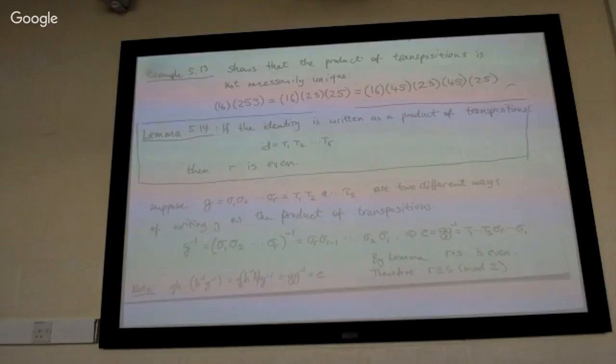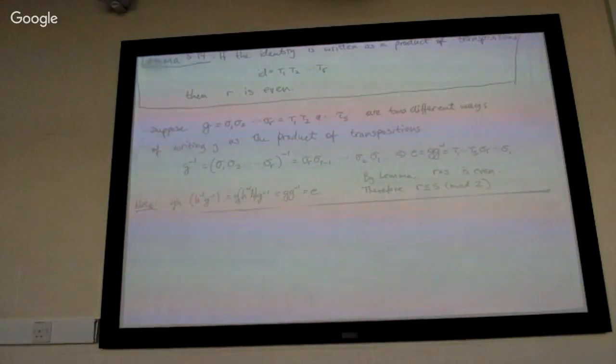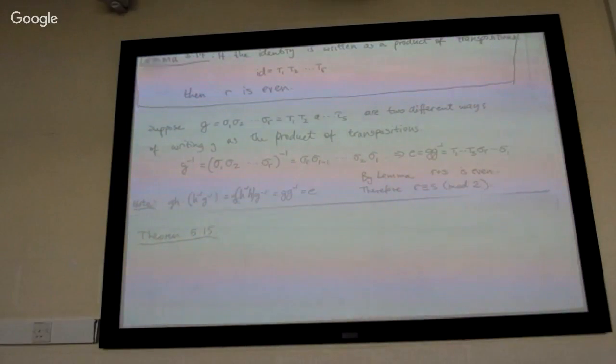Now, we still haven't proved the lemma, but if we assume that the lemma is true, we get what is theorem 515 in the book, which says that,